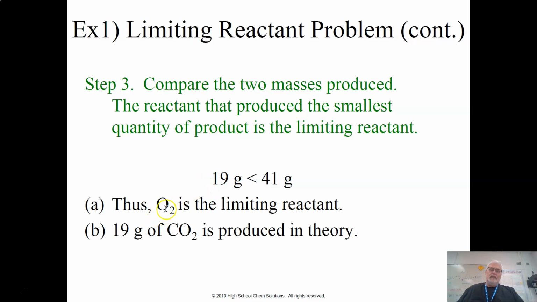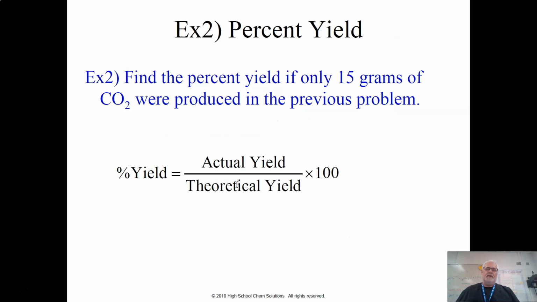Thus, oxygen was the limiting reactant. You're going to run out of oxygen. You had plenty of sandwiches left, but you didn't have the oxygen to burn them. So 19 grams of CO2 is produced. So not only do you recognize the smaller one, but that is the actual answer in this problem. Okay? Now,